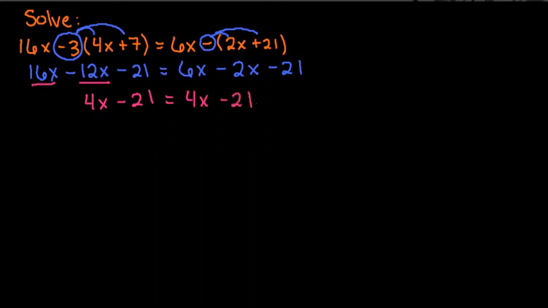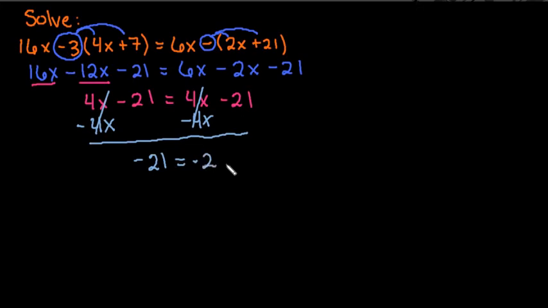Okay, so if we were to bring the 4x to the other side, when we subtract this, we end up with a special case. If I subtract the 4x from this side and the 4x from this side, they both cancel out. So we end up with a statement that -21 equals -21. Since this is true, -21 equals -21, this tells us that we have a special case where all real numbers